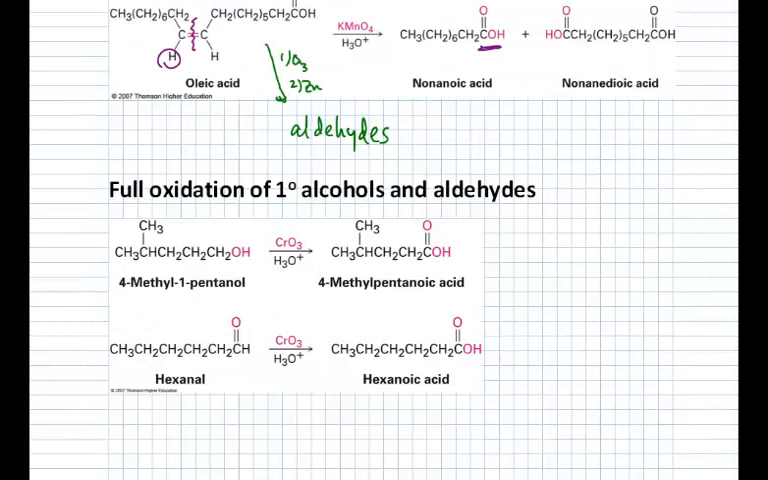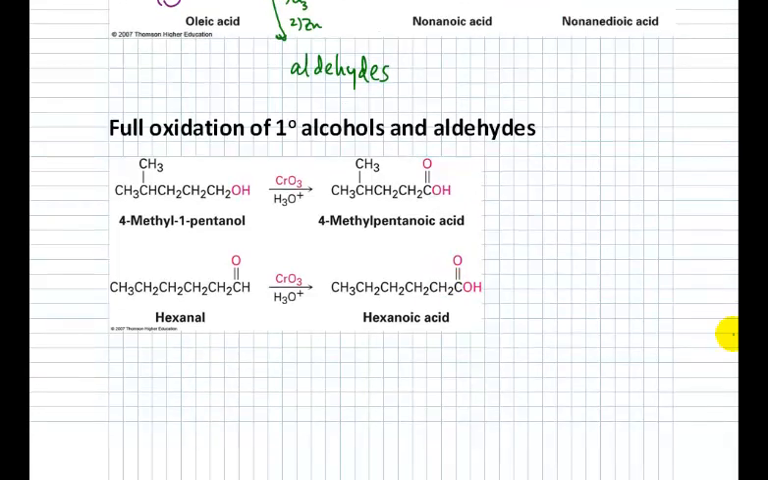Likewise, if we have a strong oxidizing agent with an alcohol or an aldehyde, we can fully oxidize it. So CrO3, right? Chromium 6 oxide is the strongest oxidizing agent for alcohols and aldehydes that brings them up to the carboxylic acid state. Recall that if I have a primary alcohol,